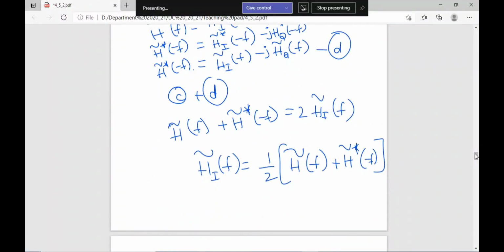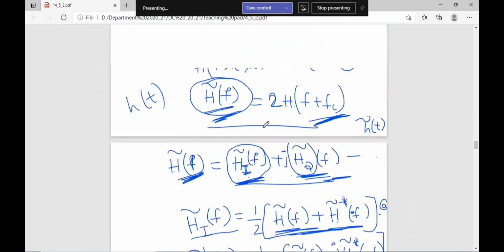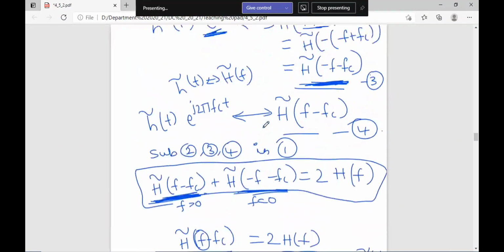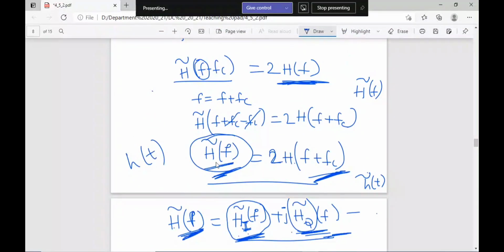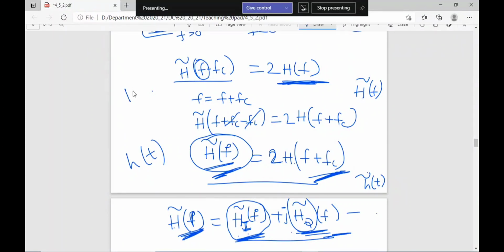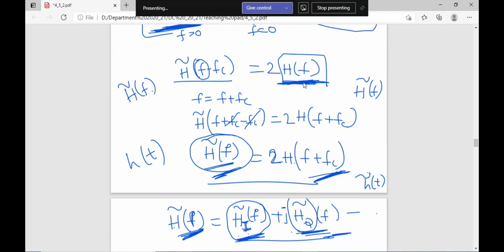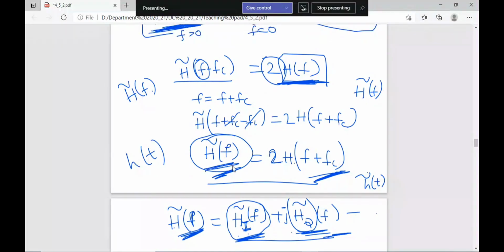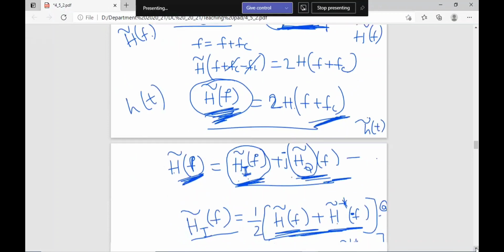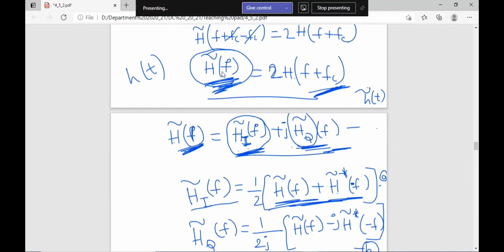Yeah, okay, so I'll just explain from here again. Until here it was fine, right? See, if you want to get h tilde of f, then first you need to shift this h of f to origin, and once you shift it to origin, after that you need to scale it by 2. You need to multiply it with 2. Then you'll get h tilde of f in this way. So now you have analyzed that, you'll be able to get the complex envelope h tilde of f.